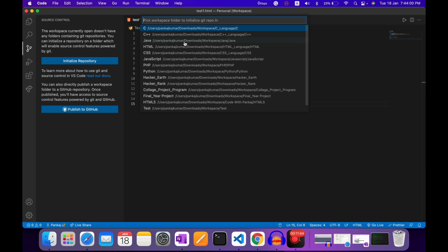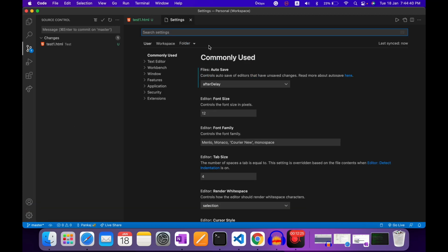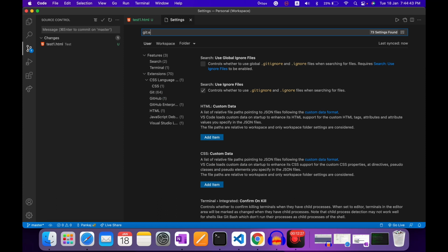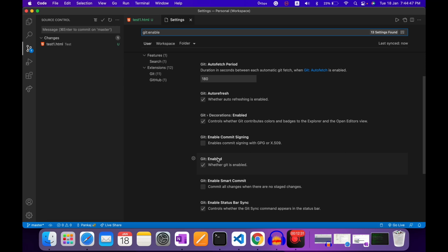So guys, here you can see all my folders, but I want to upload this test which I recently added. Just choose the folder which you want to upload to your GitHub account, and just click on stage. Here you can see my test1 file is selected, or a complete folder. Now in the next step, go to VS Code settings, and here you can see git enabled, and just click on it.